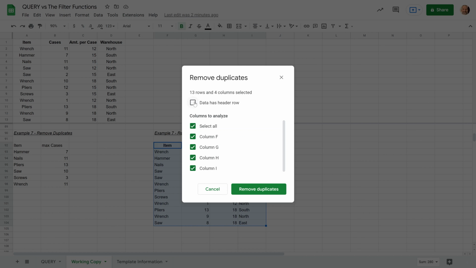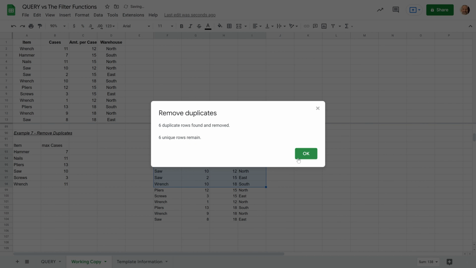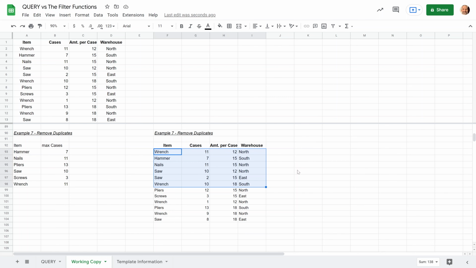So let's back up one. It does recognize, or I can tell it that it has a header row, which is great because then it reads it and tells me the labels for all these other rows. Plus it's not going to try to remove it. But I don't want to select all the columns. I want to take that check mark off and just do item. So if I click on remove duplicates here,